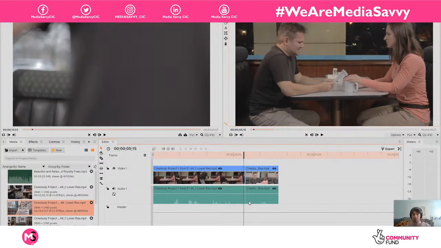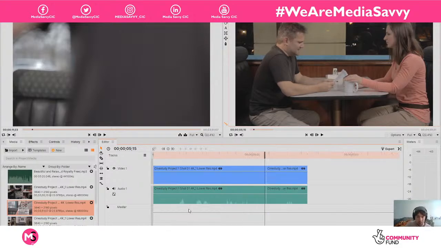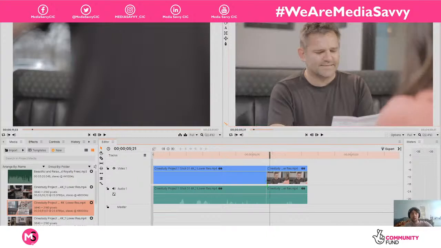Sometimes we're going to do a little bit of ADR on this, but for example, when this cuts across to here, if we move the sound from the left hand side, that would be a J cut, and if we moved it from the right hand side, that would be an L, I believe.